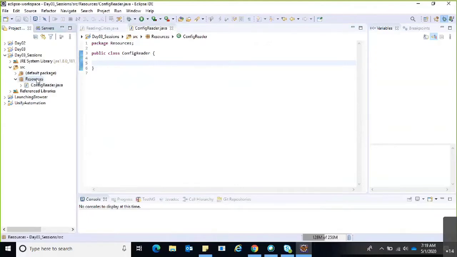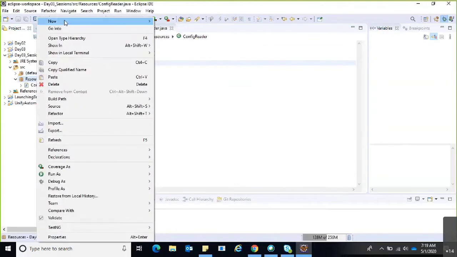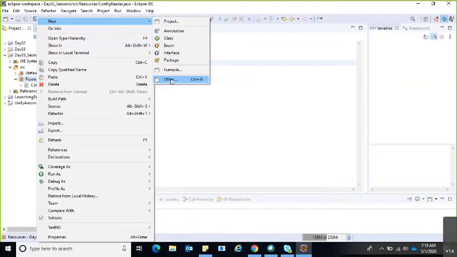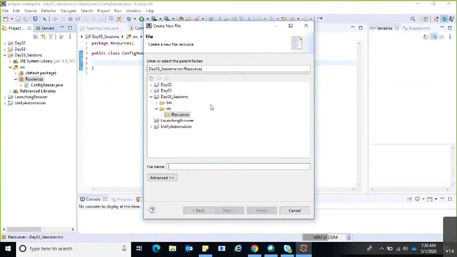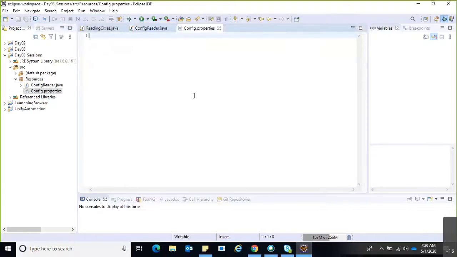Under the resources, I want to add a property file, so go to Others, select File, click on Next, and give the file name config.properties. You should mention dot properties because it is a property file, so that it will be considered as key and value pairs. Then click on Finish.